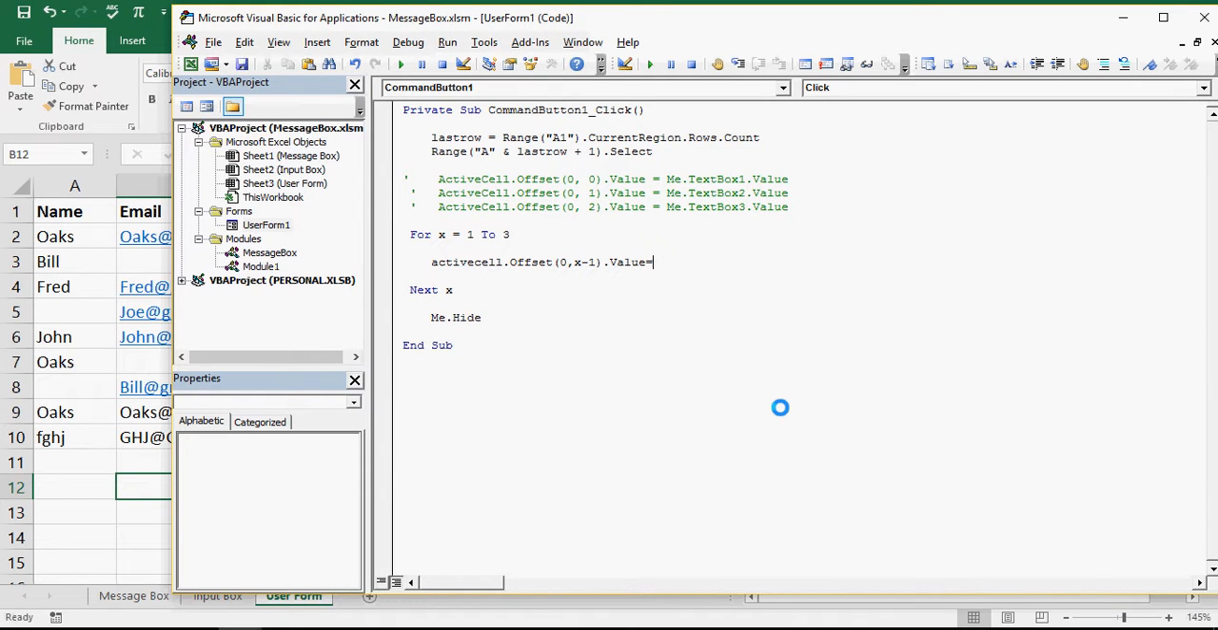And I want this to be equal to me. And here's where we have to be slightly careful, because we have to look down here, and it's me dot controls. Now this is one that catches people out, because controls means I can now do some magic in here and say the control is called Textbox and X. So that will actually merge together Textbox and X. So in this first instance it'll be Textbox 1, which is that one up there,